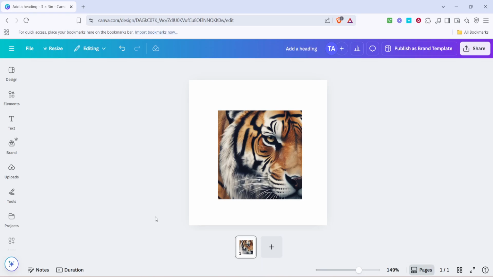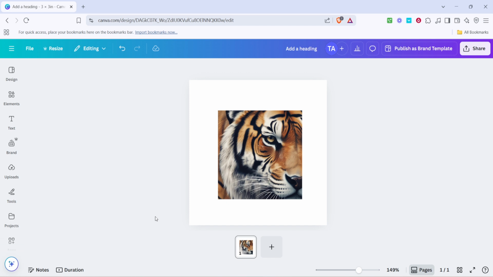In today's video, I'm going to teach you how to rotate an image by degrees in Canva. Whether you're looking to add a creative twist to your design or simply need to adjust the positioning of an image, knowing how to accurately rotate an image can be a useful skill to have in your toolkit. Canva, with its user-friendly interface, makes this process straightforward, and in no time, you'll be an expert at transforming your